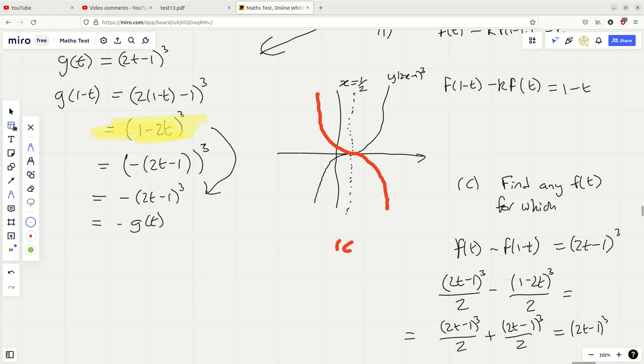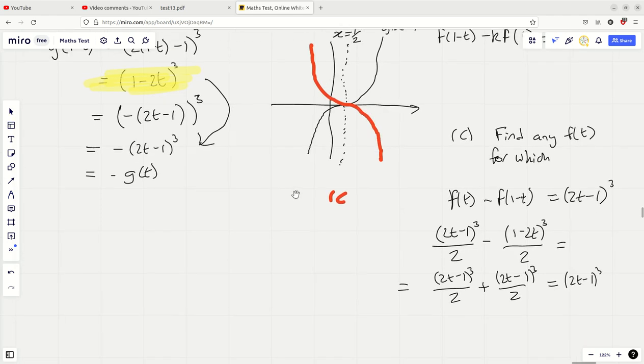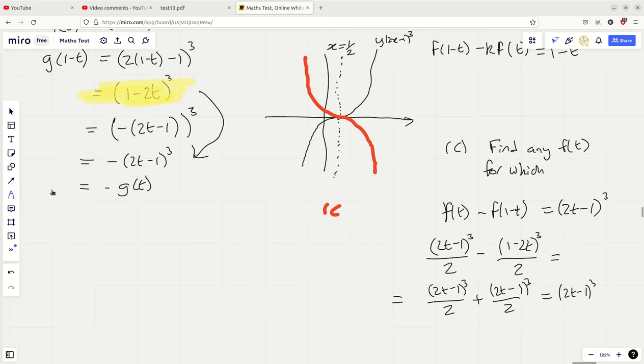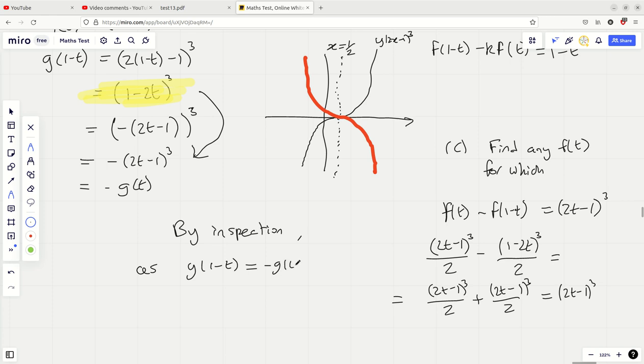Now, how many marks would I get for this? Because I don't know how systematic they want you to be. What I've often done in the past when I work something out by inspection, you might call it, is I would just say by inspection, as g of 1 minus t is a negative of g of t, it follows that we can let f of t